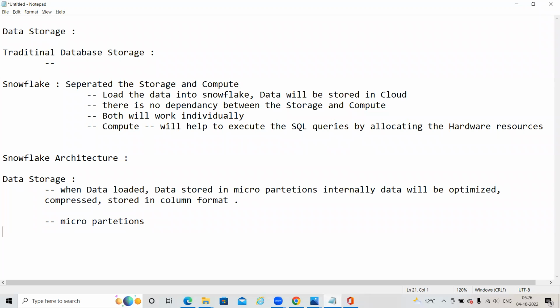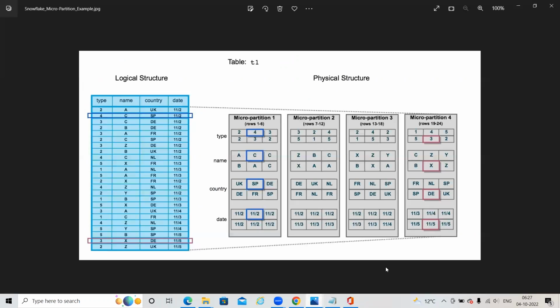Sorry, it's like now they're converting rows into columns, sir? Is this what you mean by the column format? No, it is not converting rows into columns. The architecture itself they have built in Snowflake. When you load your data, suppose you have data like columns and rows, that data is loaded into Snowflake. Automatically Snowflake will store the data in columnar format, not like your traditional database structure. The data itself it will store in this format internally, which we can't see. Okay.